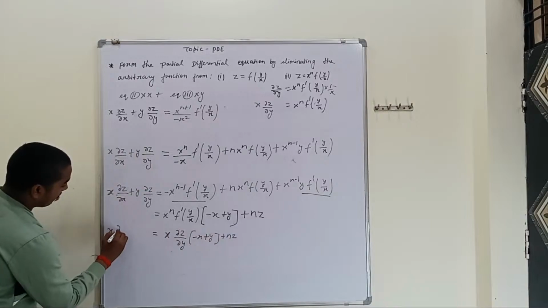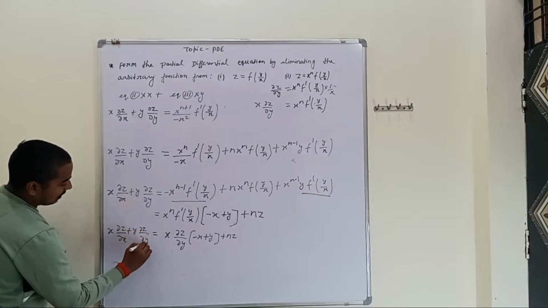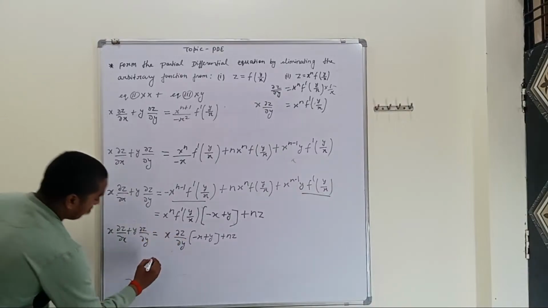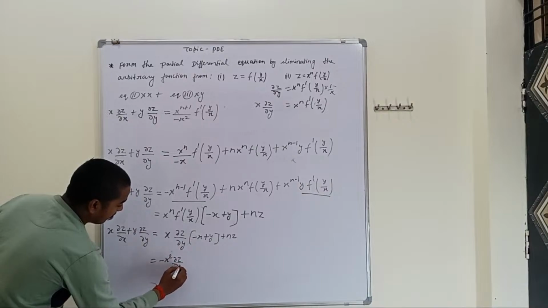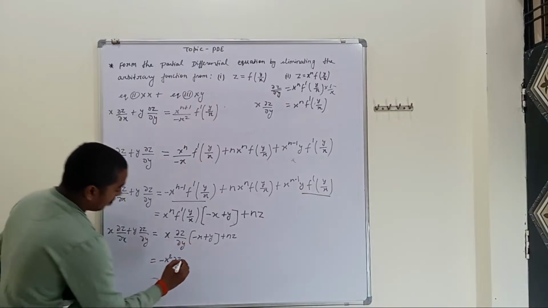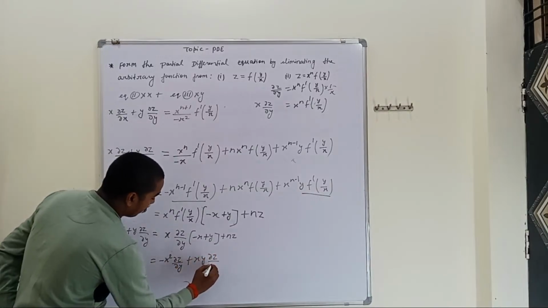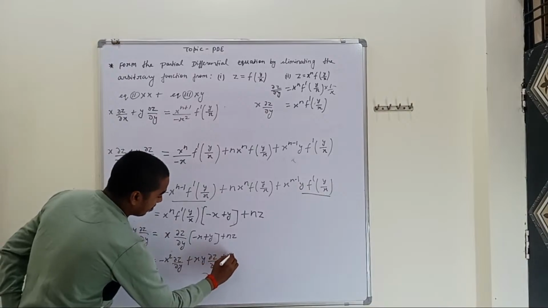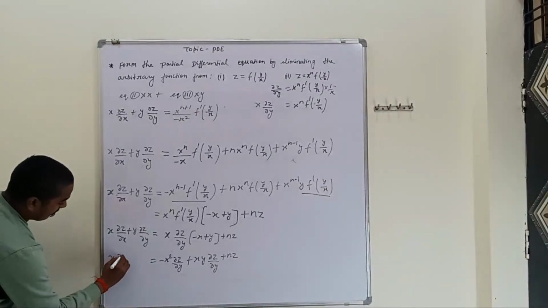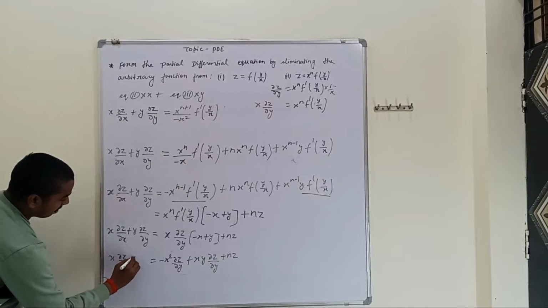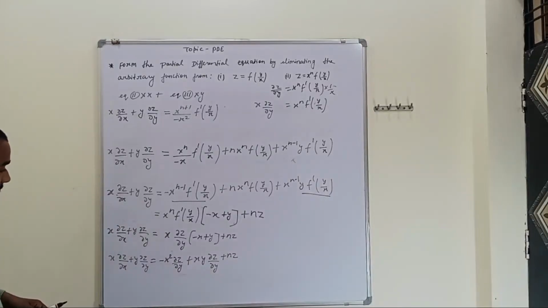This is x del z upon del x plus y del z upon del y. Or multiplying, that is minus x square del z upon del y plus xy del z upon del y plus nz. And here is x del z upon del x plus y del z upon del y. We can also take common